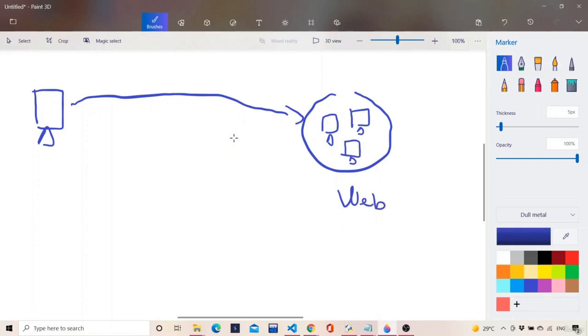Now how to do this? Basically I want to share my work with the help of a URL. What is a URL? Uniform resource locator. With this URL I want to share my work with the web, which is nothing but a collection of so many computational devices like computers, laptops, supercomputers and all. So how will this URL get generated? That is the important question, right?